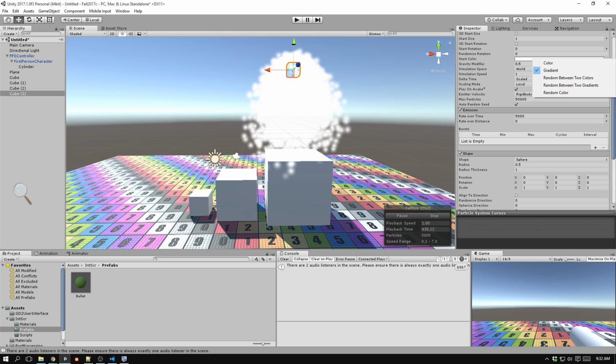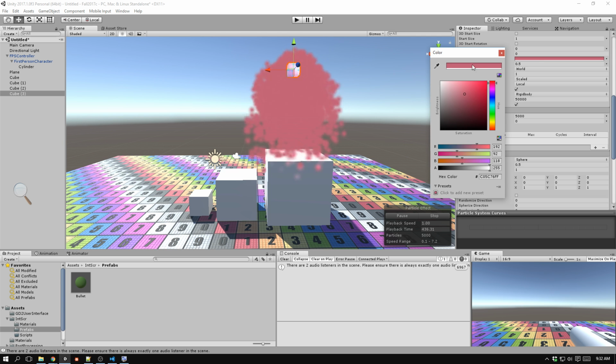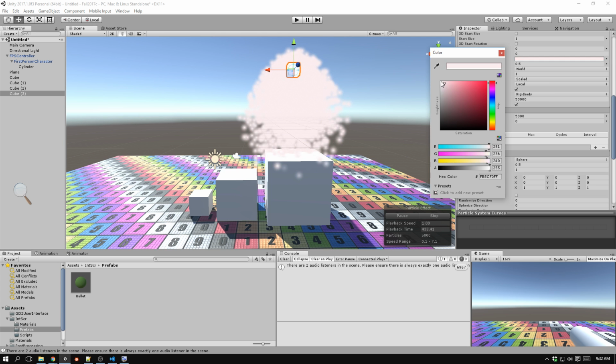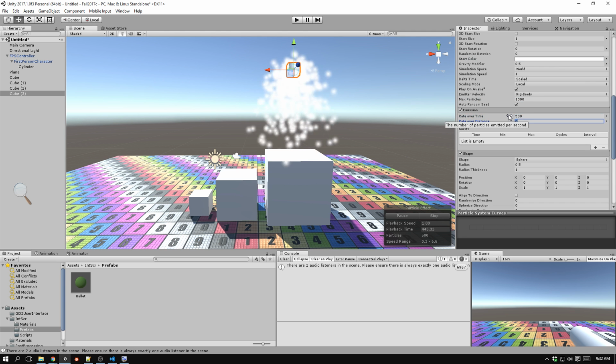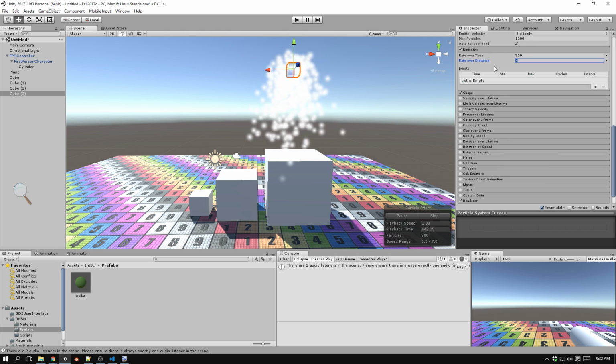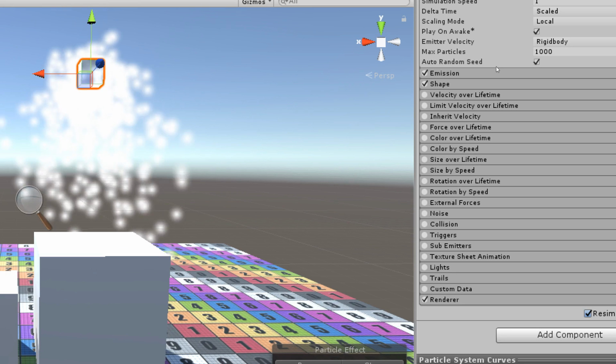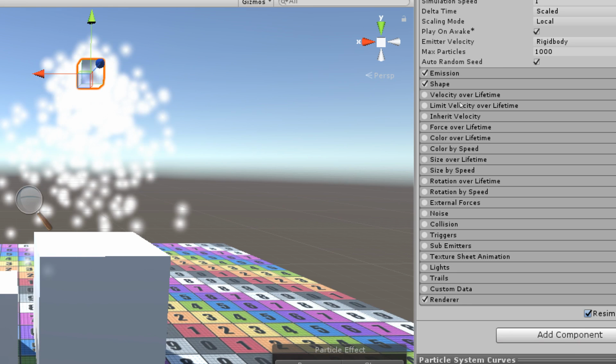So I tell you what I like. I like having my start color set to just white. And then I like messing with color over lifetime. Okay, it's totally dying right now, so I'm going to change this back to 1,000, change this back to 500. And if we scroll down to our drop down called color over lifetime,